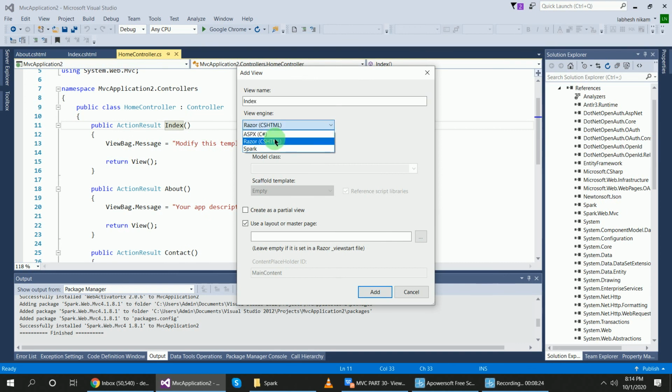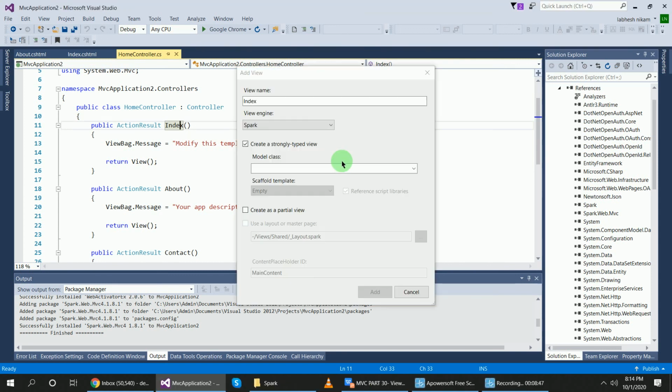In addition to Razor and ASPX, this extra Spark name is now included, right? Now when I select Spark and select this model class, you can see this model class has so many models.